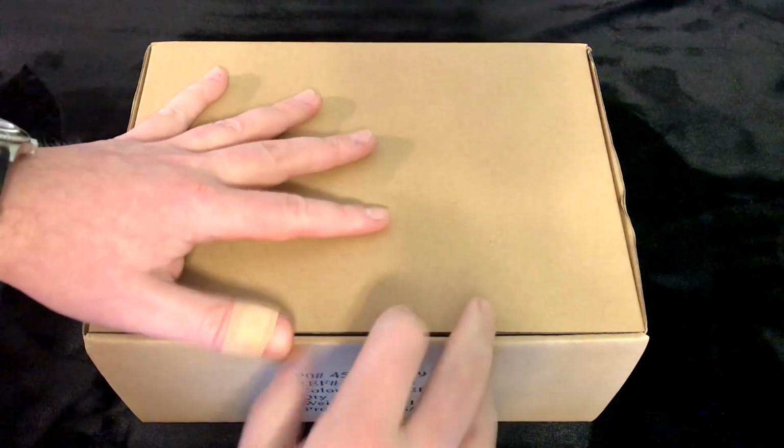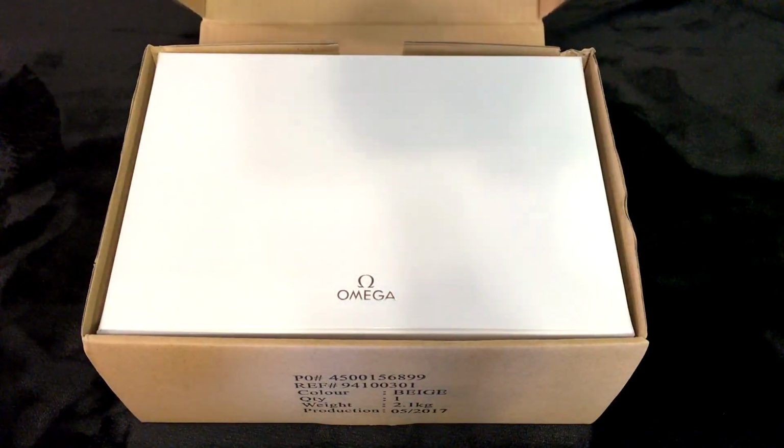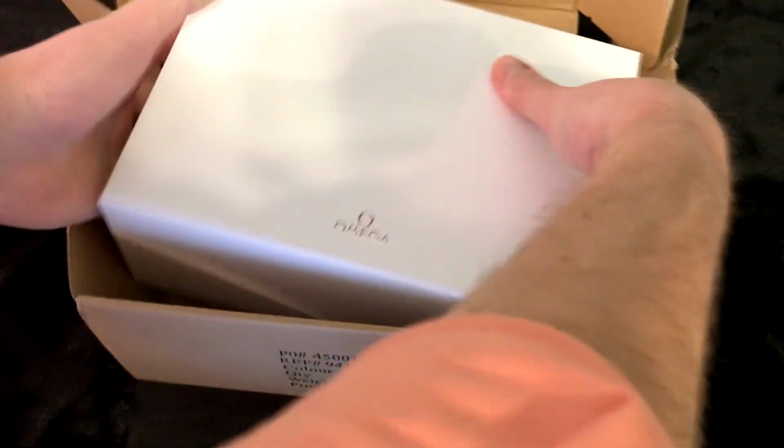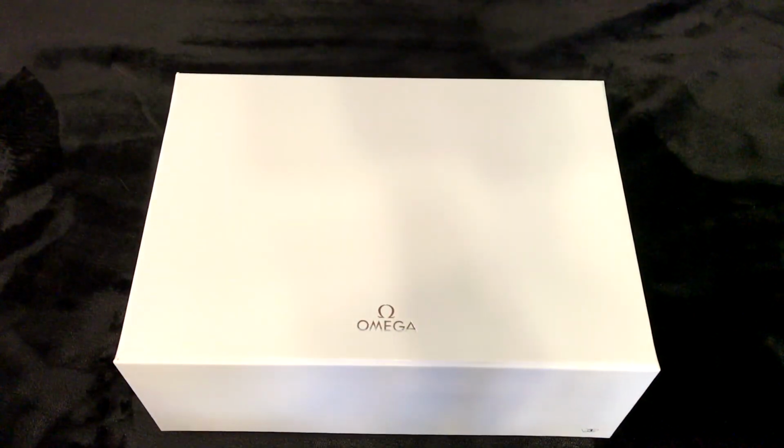Alright, there's the outer box there. It's just the cardboard outer box, and inside is the white Omega box. So what kind of Omega is it? Well, it is the Omega Seamaster Blue Dial, 300 meter water resistance, and it's a nice looking piece there,